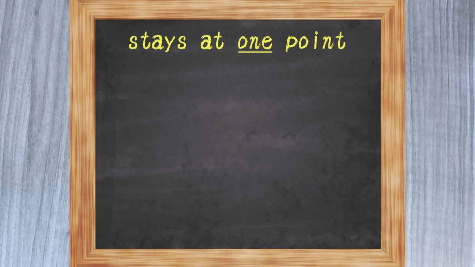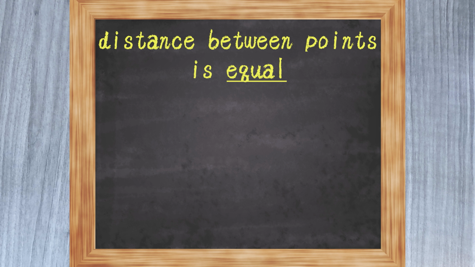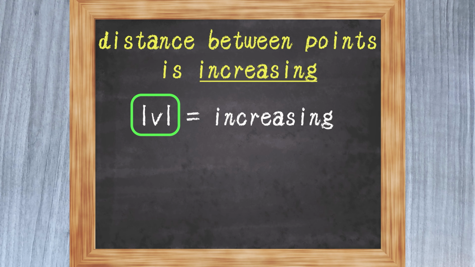Let's go ahead and summarize all of that. All right, if an object stays at one position over multiple time intervals, velocity and acceleration are 0. If the spacing between points is equal, the velocity is constant and the acceleration is 0. If the distance between points is increasing, the absolute value of the velocity is increasing, but whether it has a